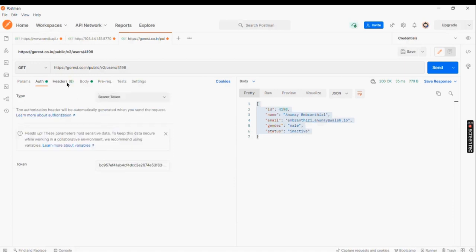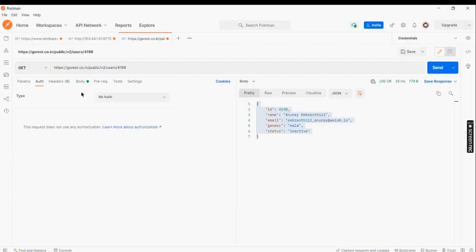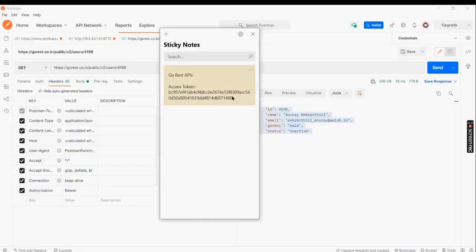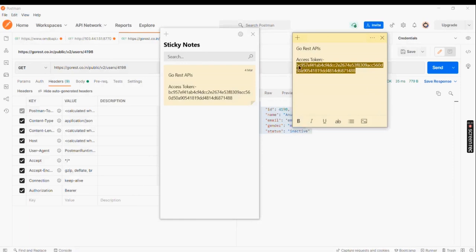If I make it a bearer token, I need to pass it as an authorization. So I'll keep no authorization, go to the header, and here I pass authorization, and here bearer,